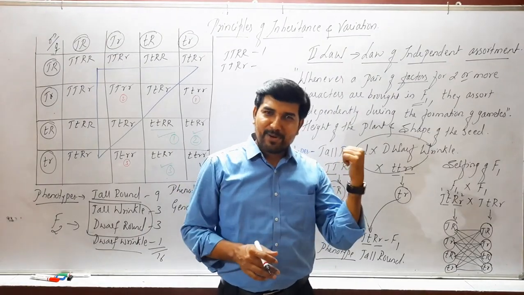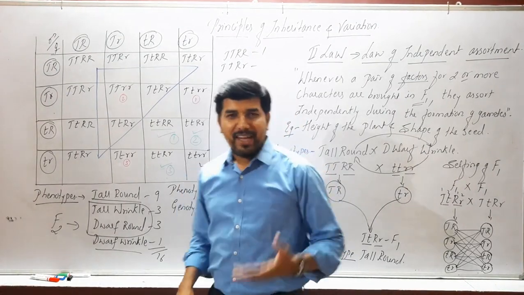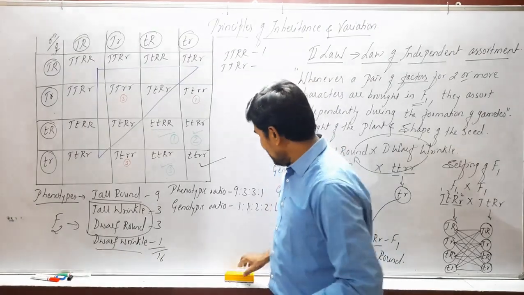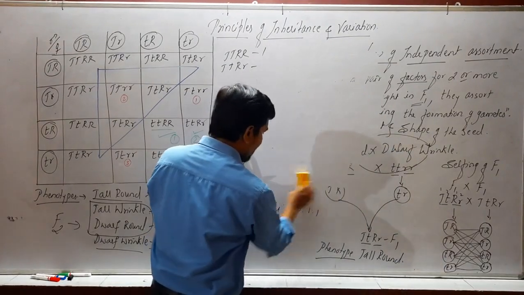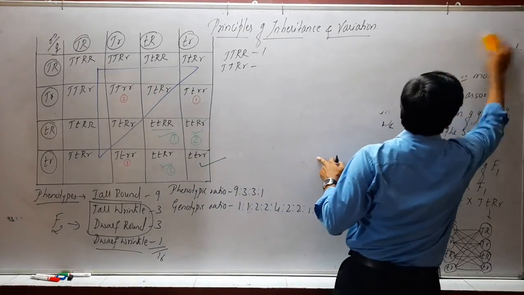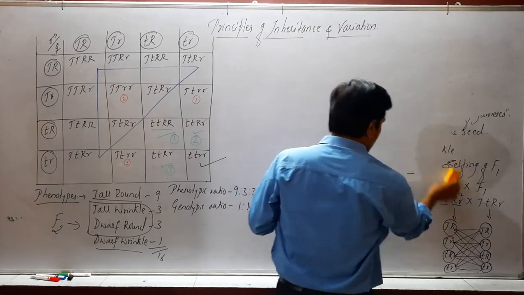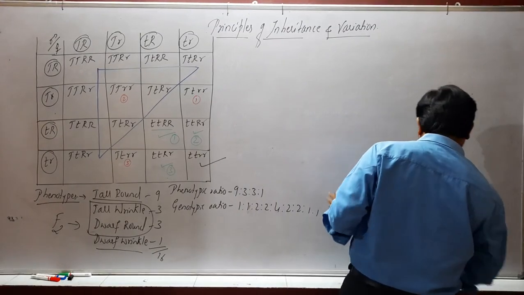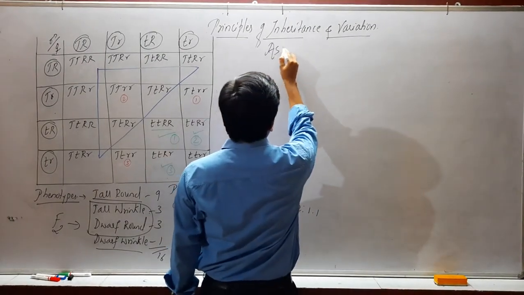Then based on the dihybrid cross, based on the law of independent assortment, carry out the crosses by yourself. I am giving you the assignment questions based on the independent assortment, and you have to write them by yourself. Now if you go on practicing, then this genetics becomes very easy. Okay, so first, I will give you your assignment part.